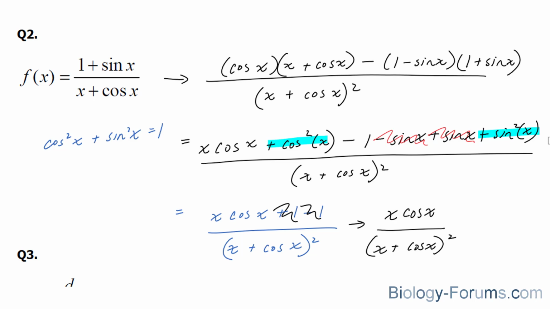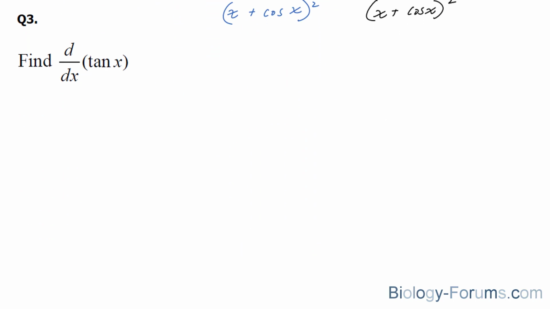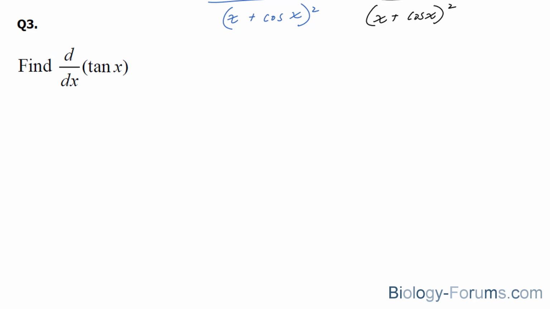Let's move on to question number 3. In question number 3, they ask us to find the derivative of tangent. Tangent is defined as sine x over cosine x. So instead of using tangent, we can use this. And then once again, we have to use the quotient rule like we did in the previous example. Quotient rule involves taking the square of that